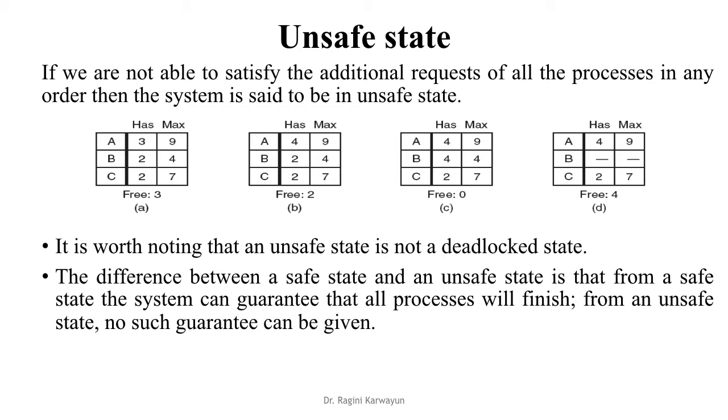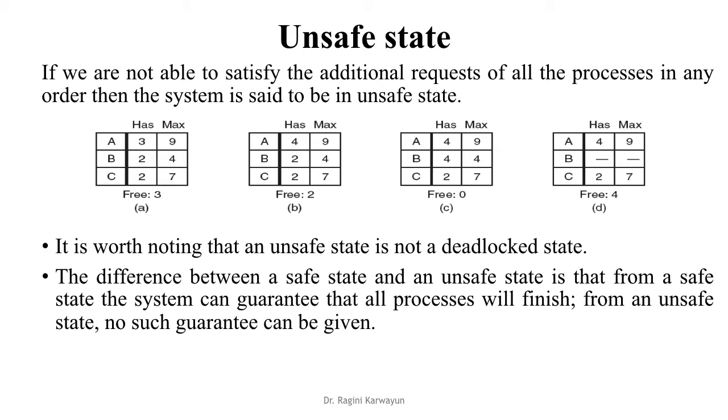So here suppose in the previous question, 3, 2, 2 and 9, 4, 7, the same condition, but suppose A requested one more, so we allocated one more resource to A. So now A has 4 instances of that resource and it is requesting 9. We have maximum resources that are free now as 2. Now B's request can be completed, B will get its resources and it will return them back, then we will have free resources at 4.